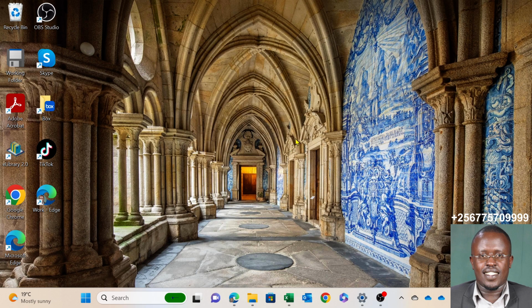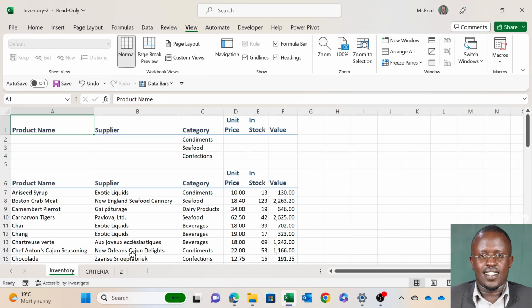For this, kindly open inventory 2 from your session 1 sample files folder. Okay, this comes from the previous lesson where we had run an advanced filter with multiple or criteria, if you remember. So for this lesson, we are going to set the following criteria using the same criteria range from the